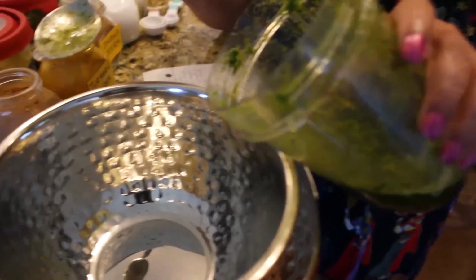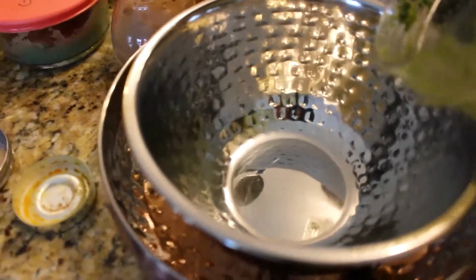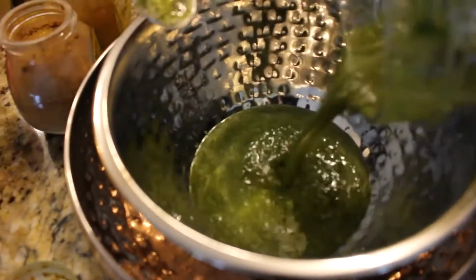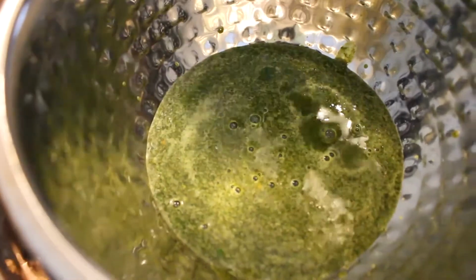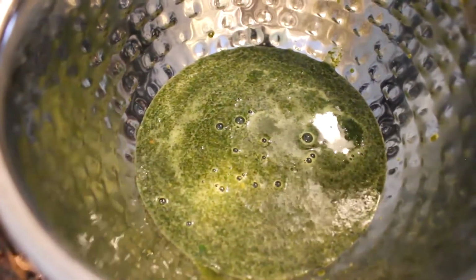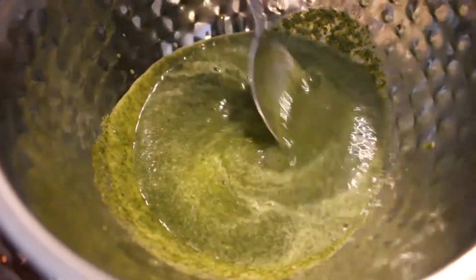Okay, so we have the mixture all blended up, as you can see here, and we're just going to be pouring it into the bowl. And that's basically what it should look like. Don't blend it for too long because you don't want it to be too liquidy. You want to still have sort of a consistent paste. So once you've poured it in here, then the next step we'll show you is how to marinate this inside